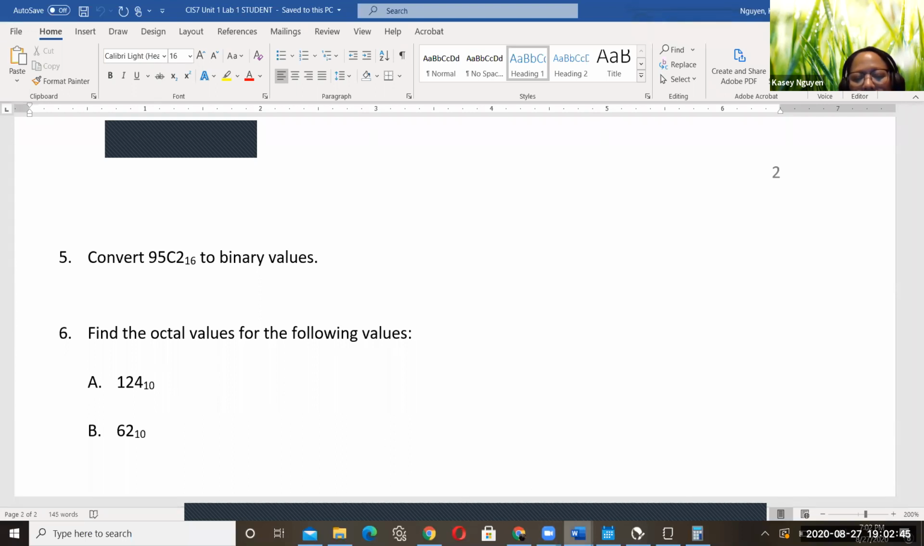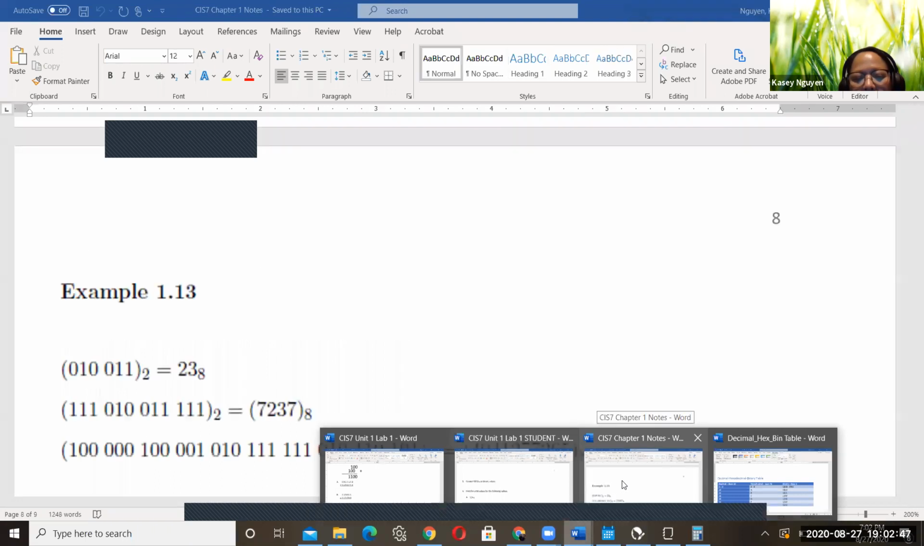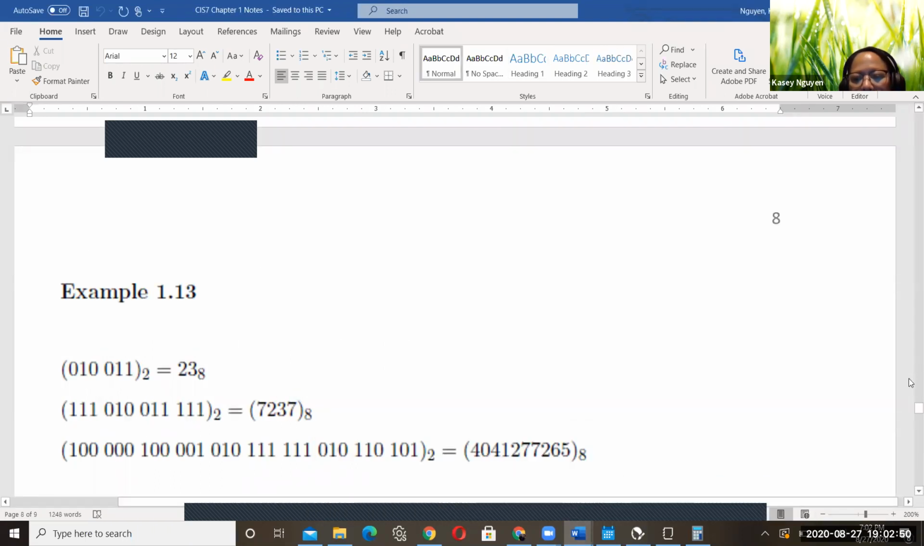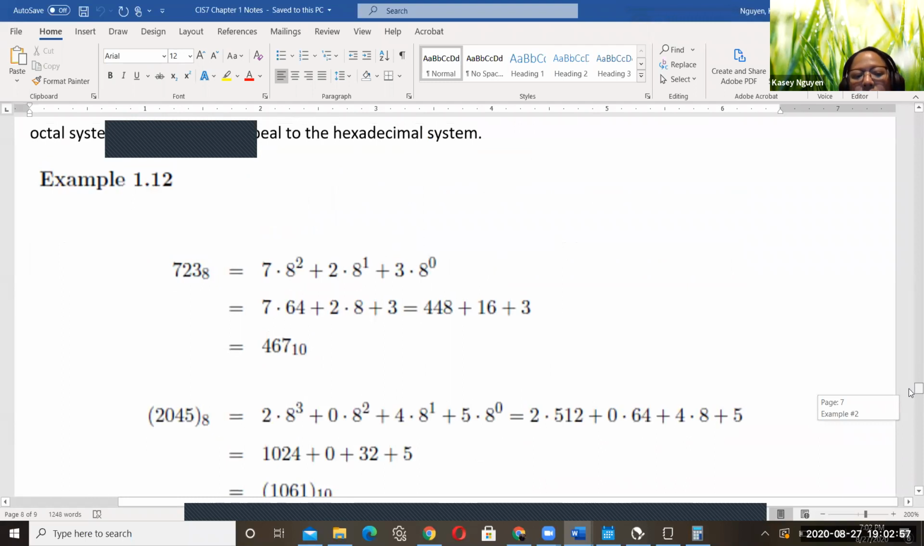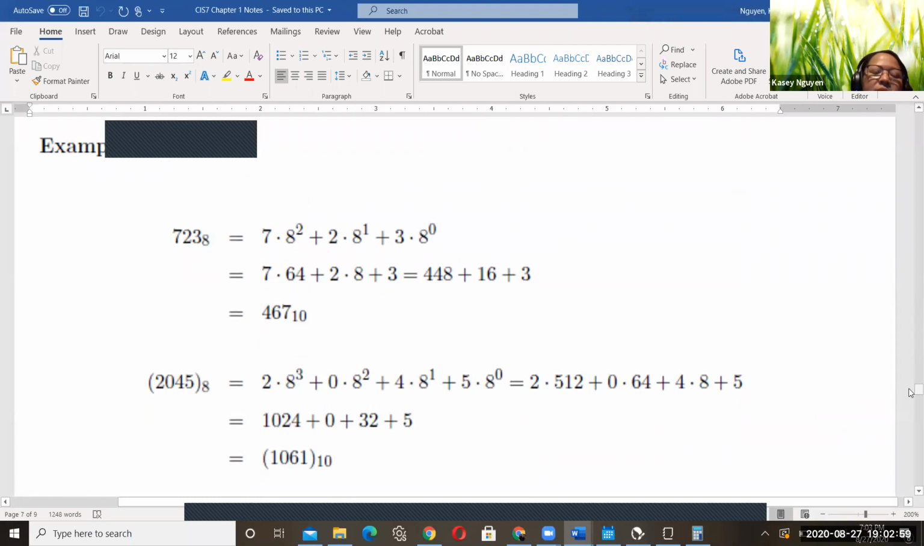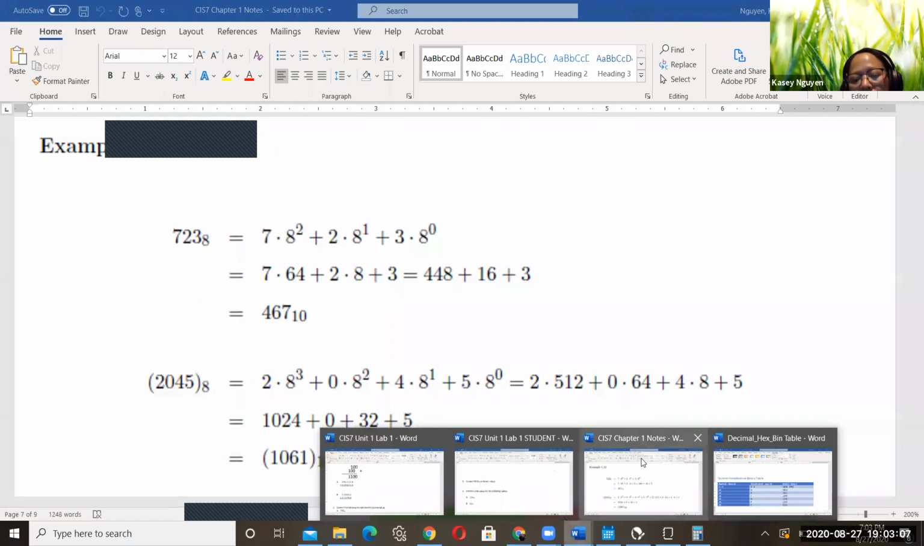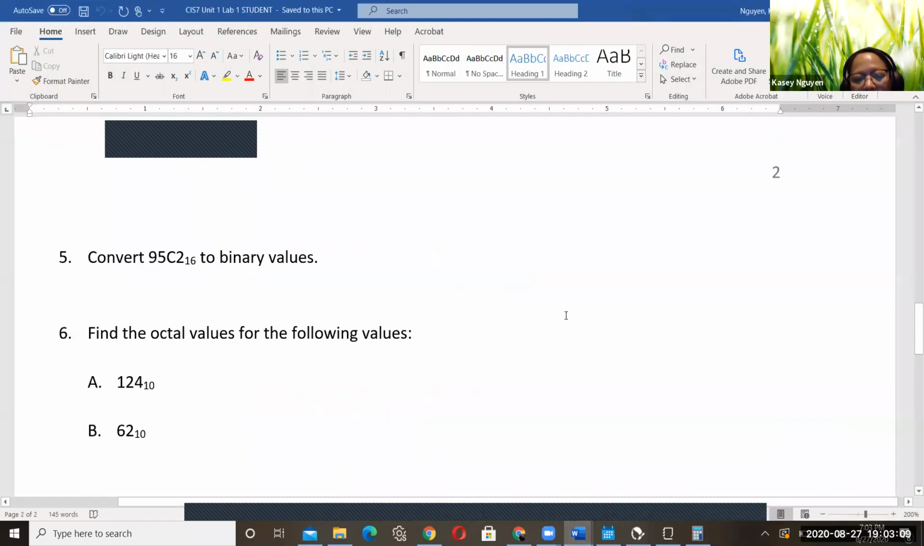Two, 4, 10. Now, when we go in reverse for this, what you can do is you can do the division method, like what we talked about. But let me see. 124. So you can use the division method to go from decimal to octal,